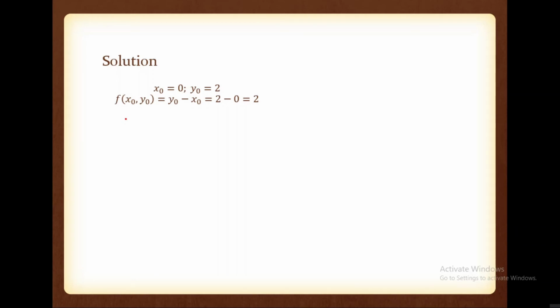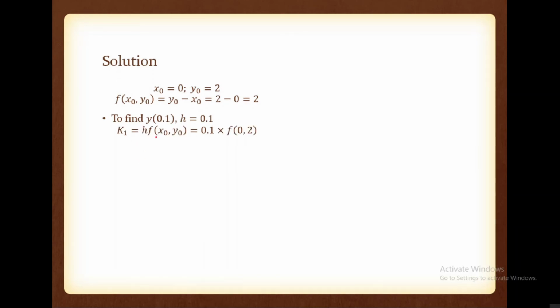So if you are taking h equal to 0.1, then what is x0 plus h? x0 plus h is 0.1. That is x0 equal to 0. So x0 plus h, that is x1 is equal to 0.1. Okay. So please fix h equal to 0.1. And here we have one more advantage. We are asked to find y of 0.1. So this is a good choice. Okay. So now what is k1?